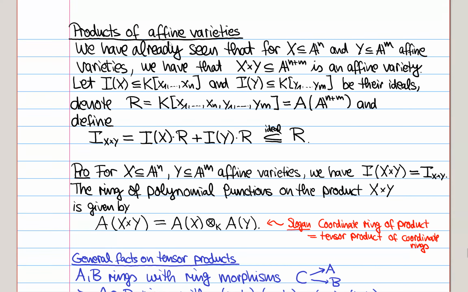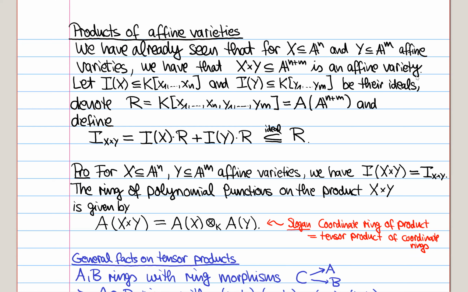So the basic setup is that we have already seen in an exercise in one of the first parts of this chapter that if you have X inside A^n and Y inside A^m, two affine varieties, then you can always take X cross Y in A^n cross A^m, which is just the same thing as A^(n+m). And this subset turns out to again be an affine variety,